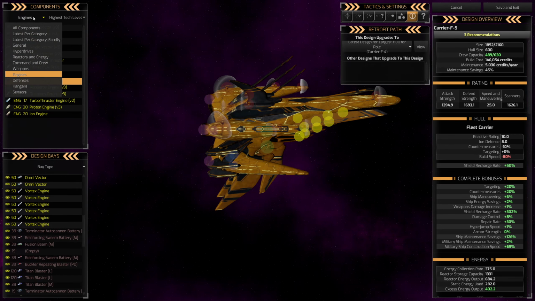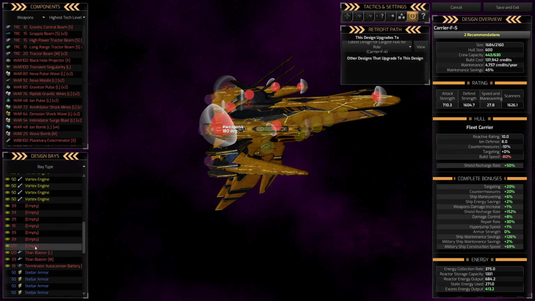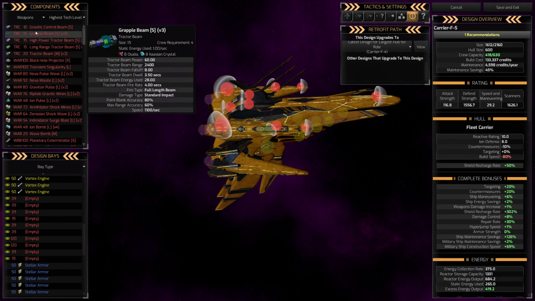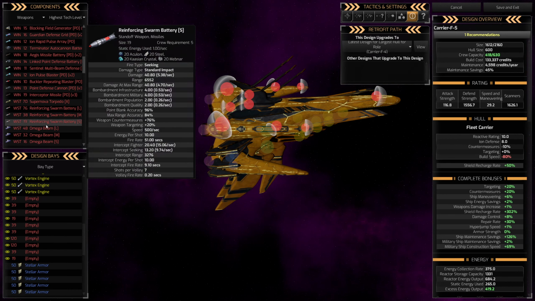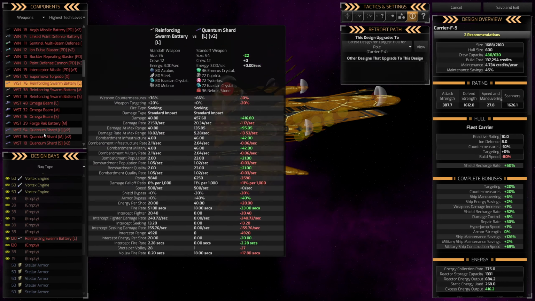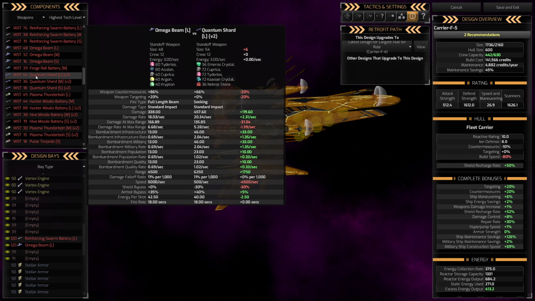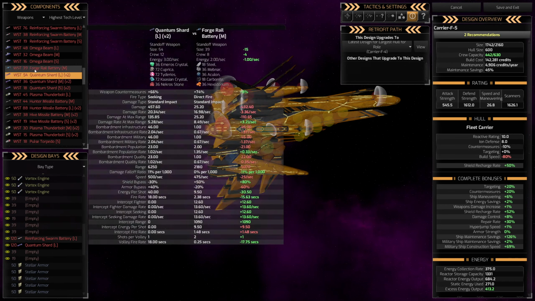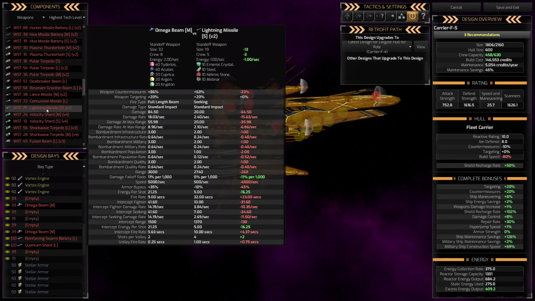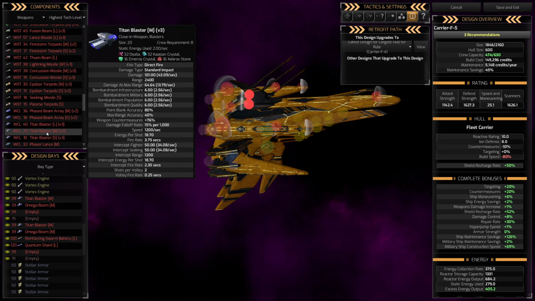Okay. Let's get over to weapons. I feel like here's where we need to kind of rethink what we're doing. So why is this so much more damage per second? Right, so the swarm battery is definitely one of our stronger ones. We want an omega beam or a quantum shard. The quantum shard is more damage, a lot slower. Let's do the large quantum shard, and then we'll do some smaller omega beams. And then we're definitely gonna want some Titan blasters, which I think